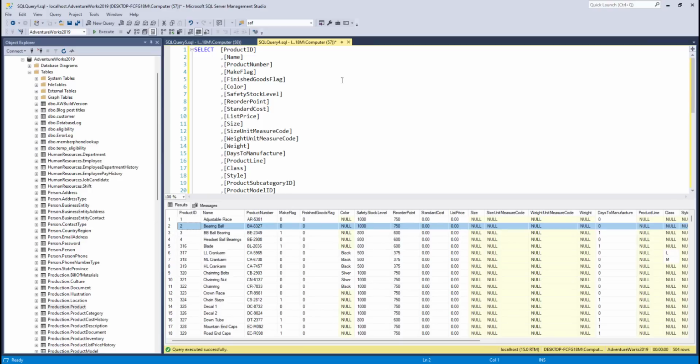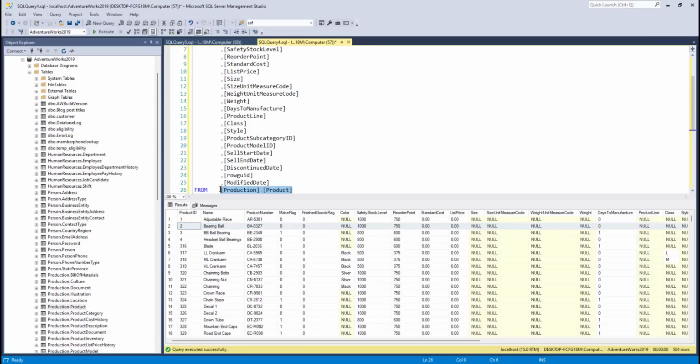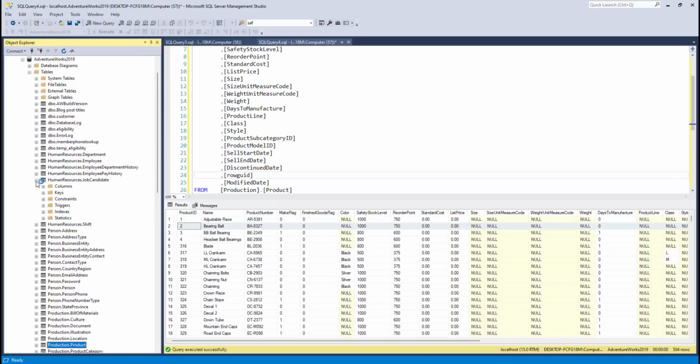So that's how we select data from a table, and I can change this to any table name. I've got all the table names listed down the side here. I could change that to any of these others, and indeed I could change any of the columns. So if I wanted to select data from job candidate, for example, I could instead select these columns from